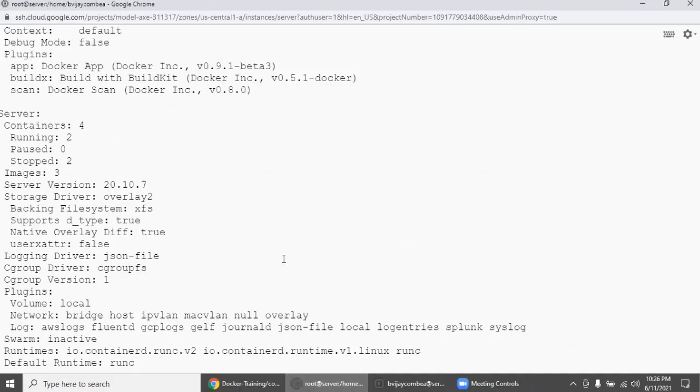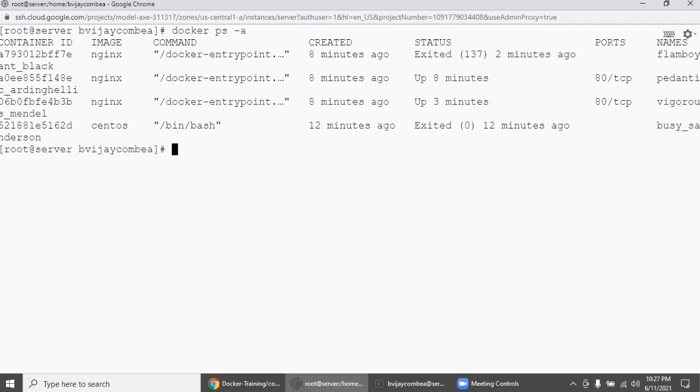We will make sure there is some HTTPD running container. So docker ps -a, some HTTPD container. Docker run -dit httpd.